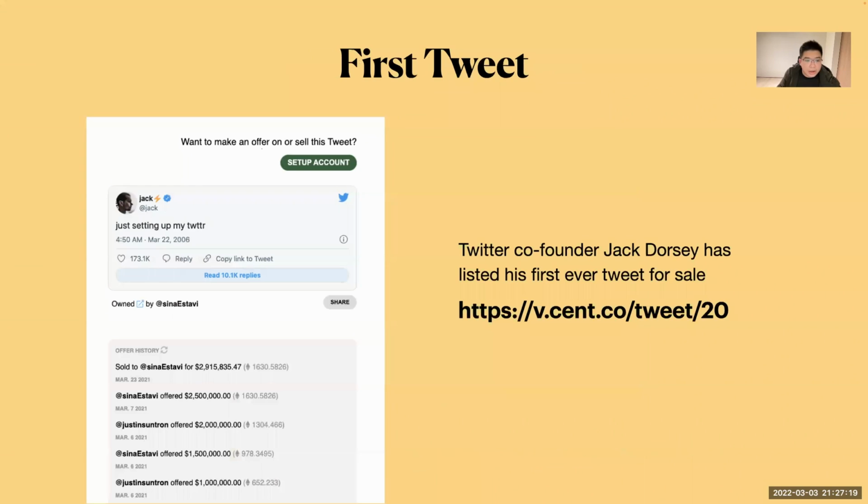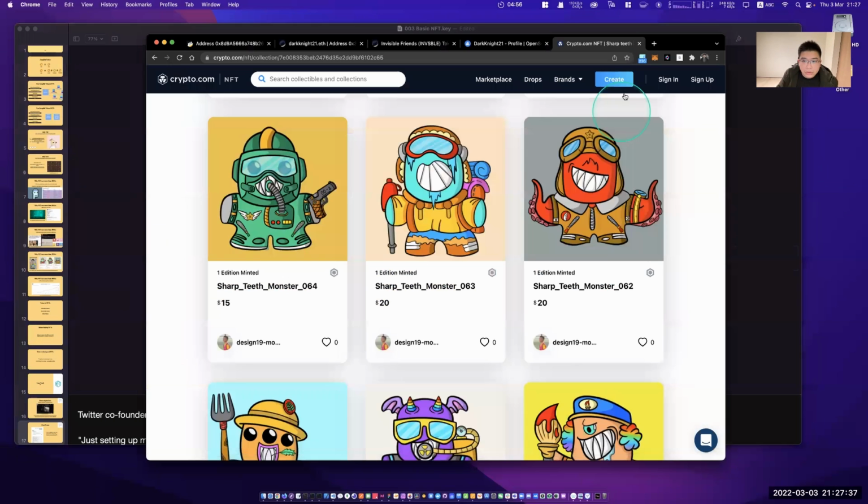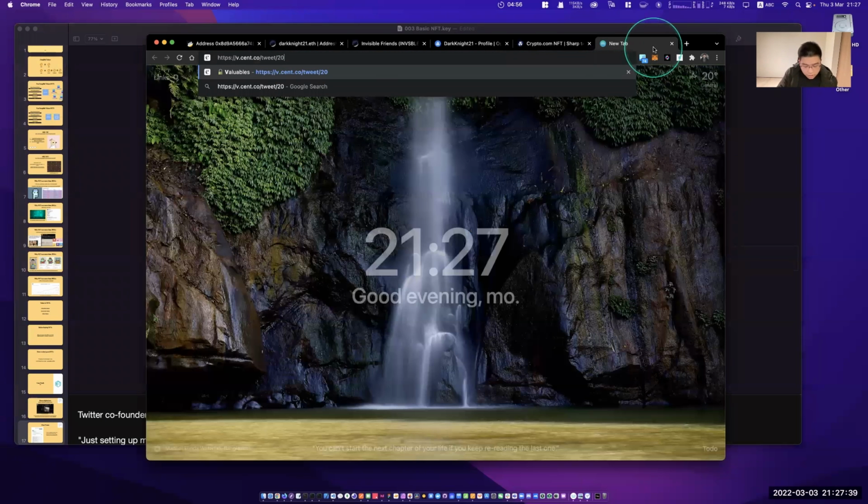This one, I think everyone knows from the news, the Twitter co-founder wanting to sell his first tweet. Okay. The interesting part is that I want you guys to see the price.